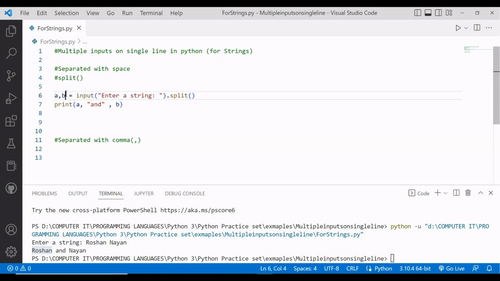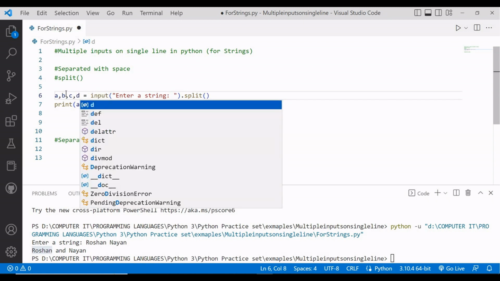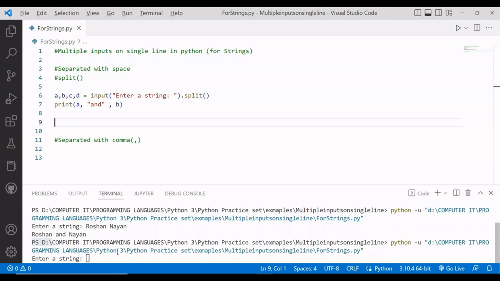Now let's suppose I want to take three or four strings as input. So I will simply declare four variables. So let's take c and d as input. Now save this code and run again. It will ask for strings, so I will write any four random strings. Let's take dog, second cat,